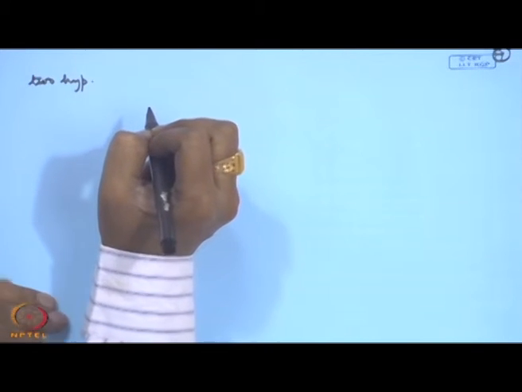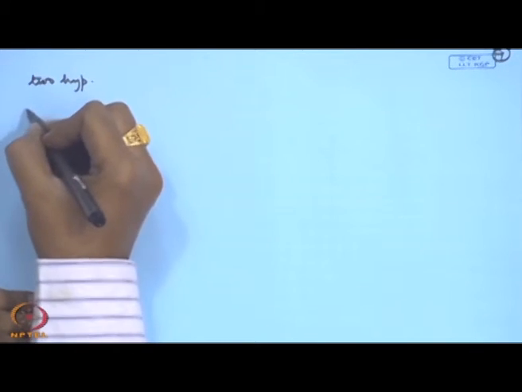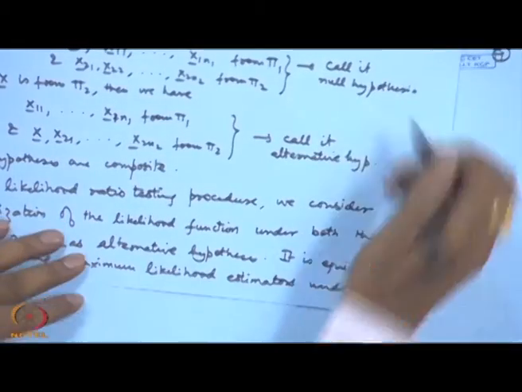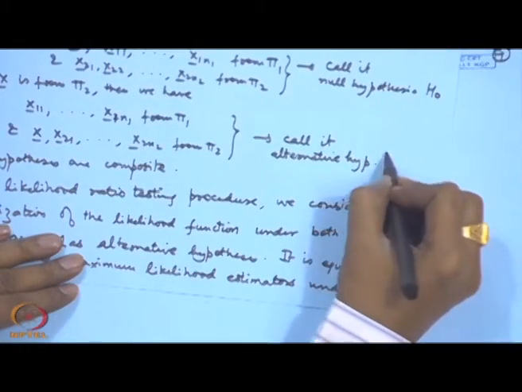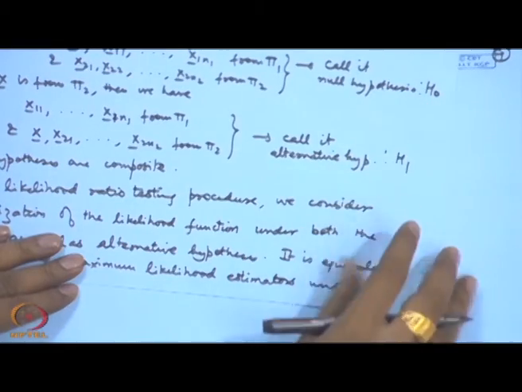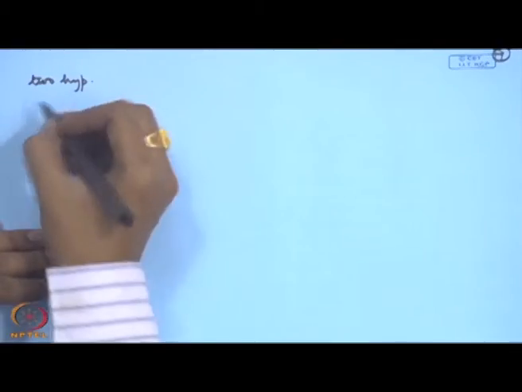So, let us consider firstly H naught. This is my H naught and this is my H 1. Okay. So, under H naught,